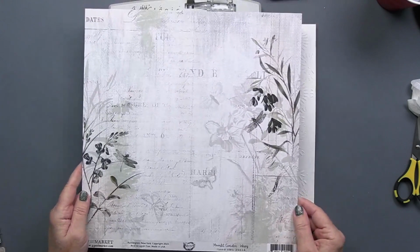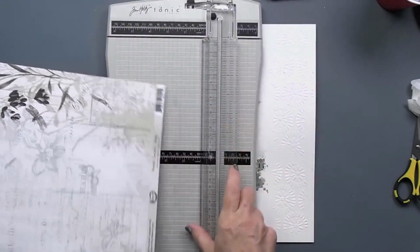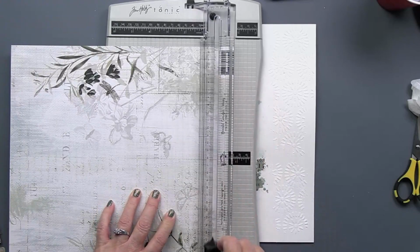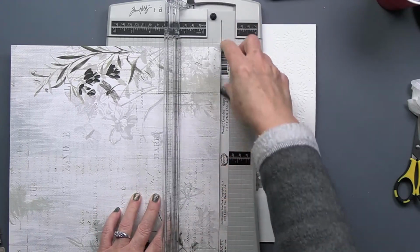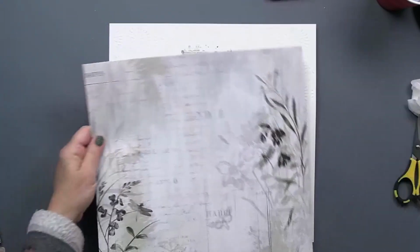Okay, so the 12 by 12 paper that I've chosen to work with is this one here. I'm going to focus on this side of the paper, but before I do that, I'm going to go ahead and use my new Tim Holtz Tonic trimmer. I love this trimmer. Just going to grab that branding strip off the bottom of the paper. And then what we're going to do,